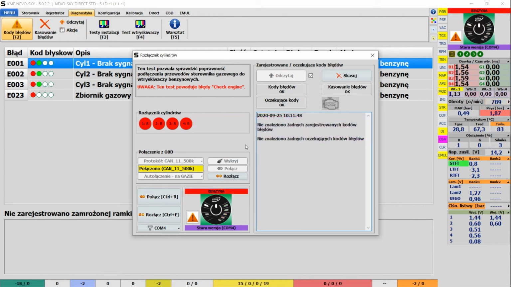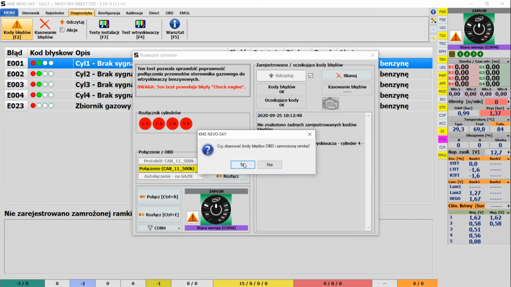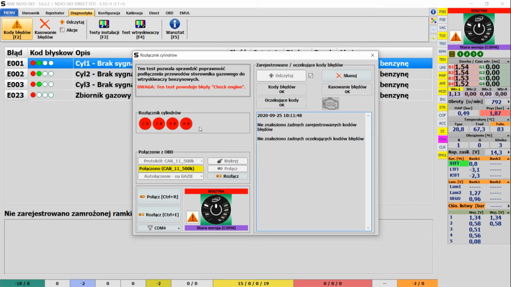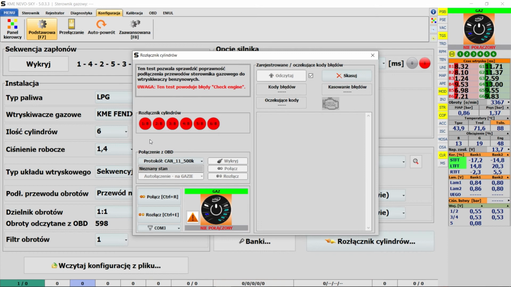After disconnecting the corresponding cylinder, an error should be noted in the OBD from the disconnected gasoline injector. In this way, it is necessary to check all cylinders in turn, deleting the previous OBD errors. Remember, for this operation, work on gasoline is required. For direct systems, it is absolutely required, to check the correct connection of the gas controller petrol injector channels to the appropriate cylinders. Regarding the diagnosis of OBD,